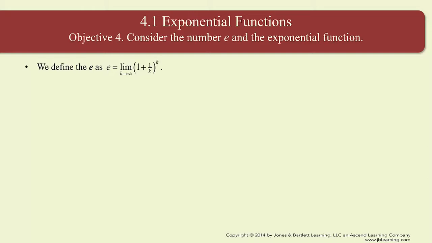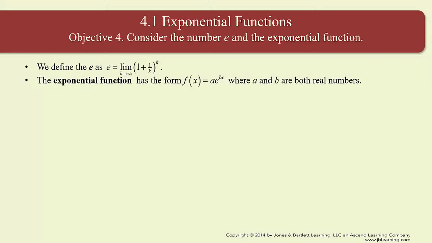Just like with pi, pi is probably the most famous irrational number. Pi is defined, or pi actually equals, the circumference of a circle divided by the diameter. We also know there's a decimal approximation for pi, and here in a minute we'll look at the decimal approximation for e. But before we do that,